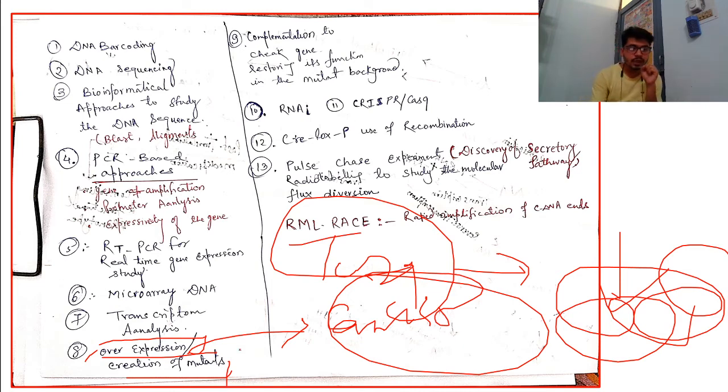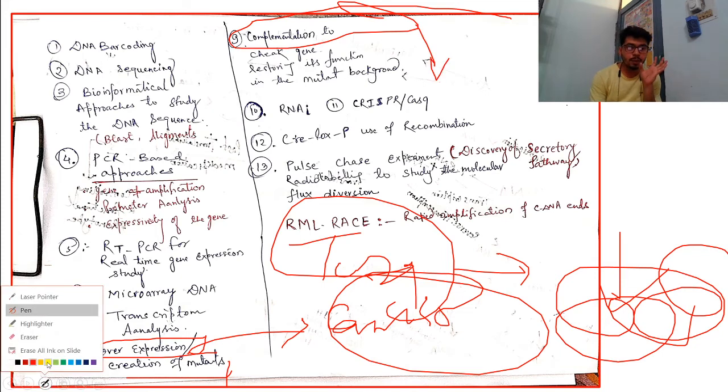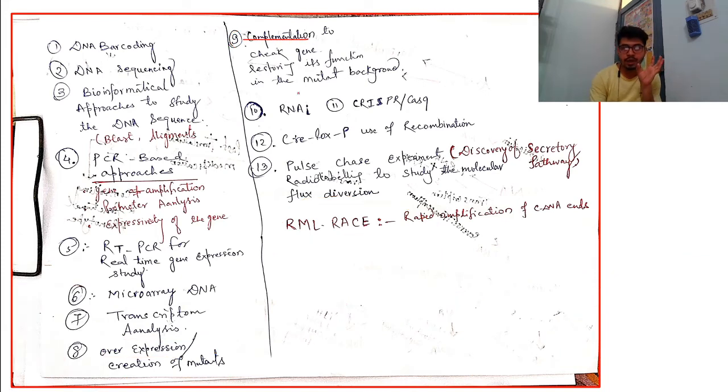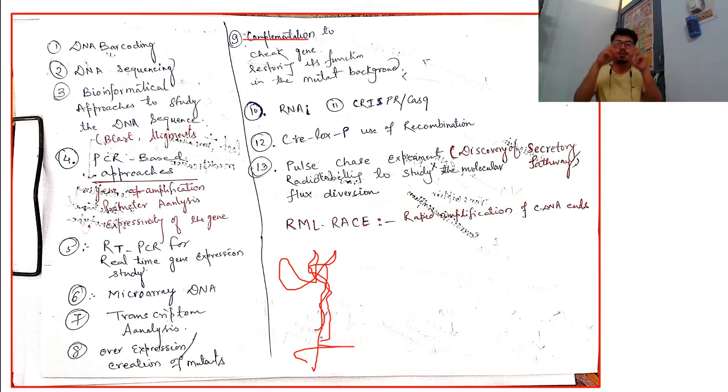And dear friends, now the importance of complementation. I have already made a video on complementation. I just want to give a flavor of it. Suppose this is a hy5 mutant plant, one plant that is a hy5 mutant. In hy5 mutants, the hypocotyls are longer. What is a hypocotyl? In the hy5 mutant, it is longer.